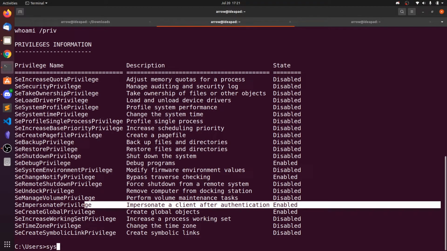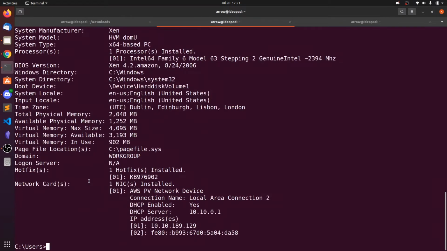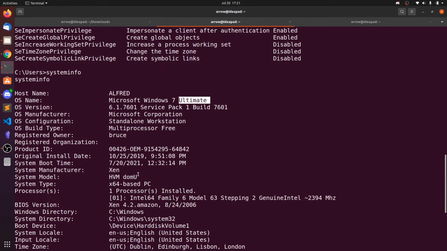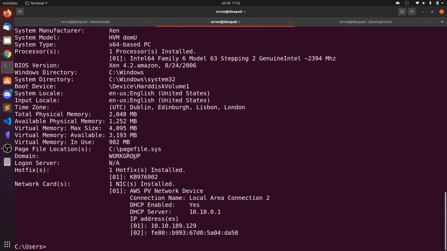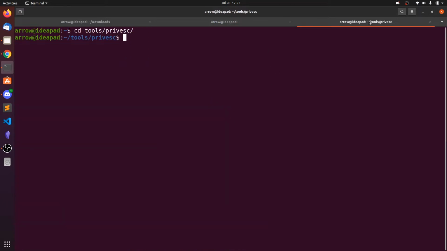First let's gather the system information using systeminfo. This is Windows 7, so the Chimichurri exploit should work, but it did not work. I don't know, using this exploit there is no connection for the reverse shell.